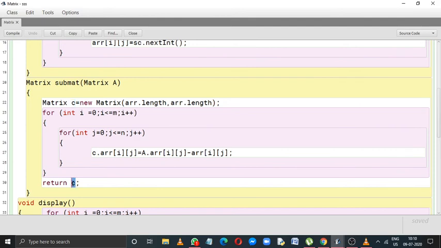To return an object, we need to change the return type of the function. Since an object is a user defined variable of class type, here you need to write the class name as its return type. Only then can the function return an object.